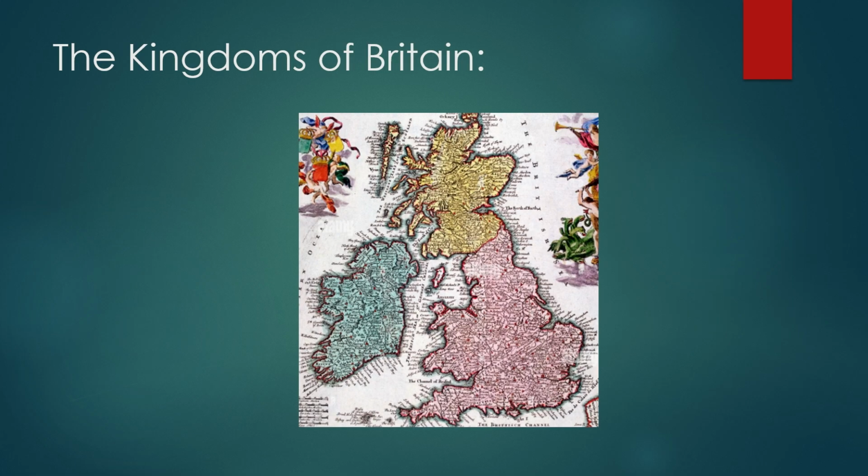So I have a map here that shows the kingdoms of Britain at this time. Now, the main distinctions I want to really point out for you all is we still have our four main kingdoms, which are England, Wales, Scotland, and Ireland. But unlike in our modern context, Ireland is not yet fractured in two yet. It is still one entire geographic landmass that is attached to the rest of the United Kingdom. And so the three distinctions we're going to have here are these nations differ on religious grounds, political grounds, and also their general history and ethnic origins.